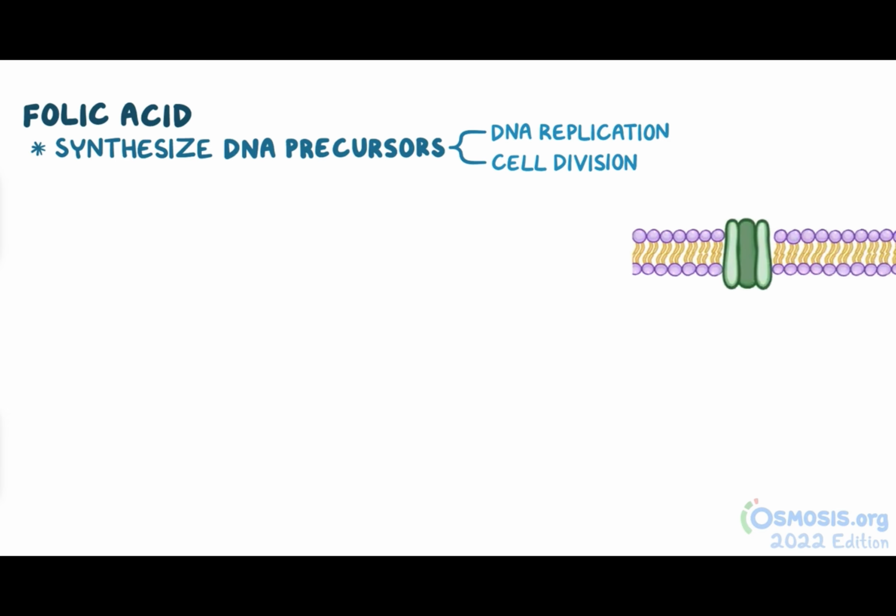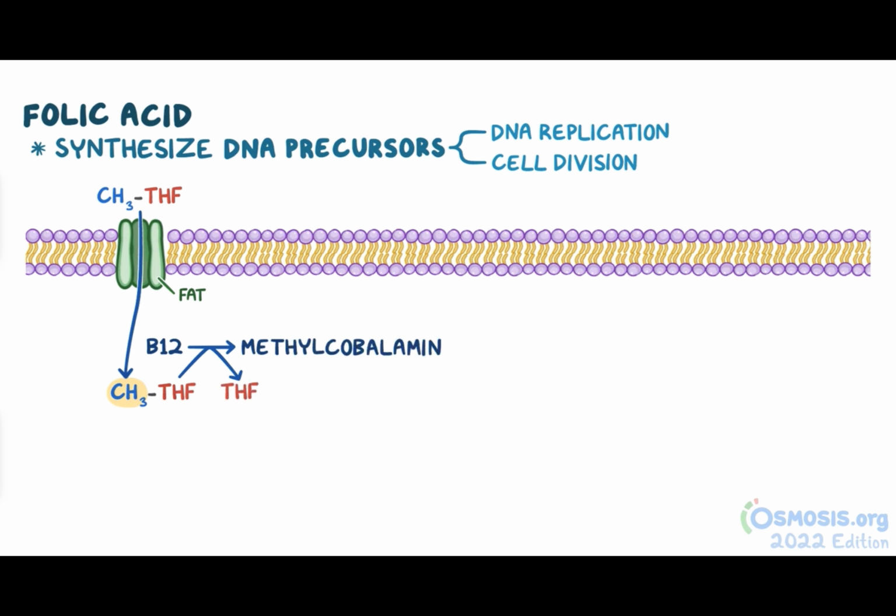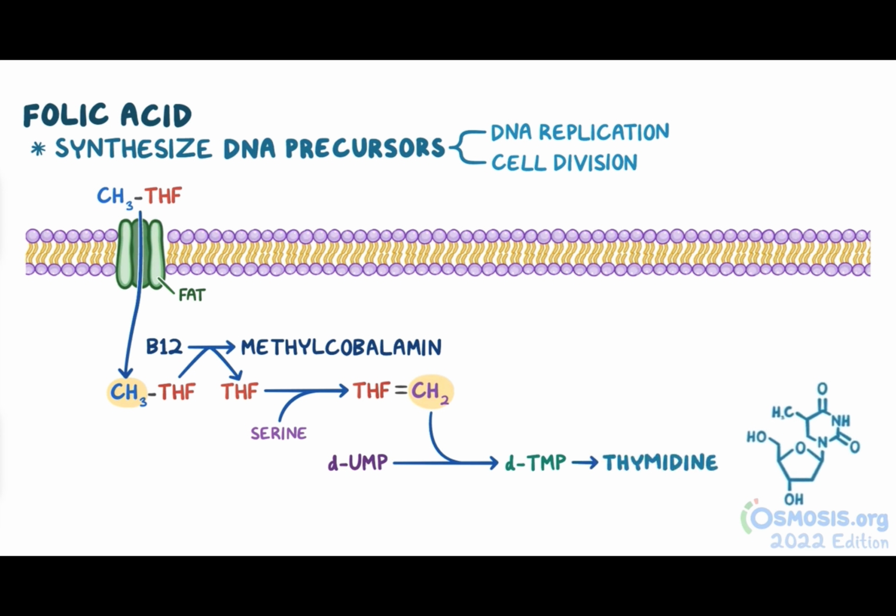On target cells, there's a specialized membrane protein called folic acid transporter, or FAT, which moves the circulating methyl THF inside the cell. Once inside, methyl THF transfers its methyl group to vitamin B12, ultimately making methylcobalamin and free THF in the process. THF then gets an extra methylene group from serine, an amino acid found within the cells. THF quickly transfers the methylene to a nucleotide called deoxyuridine monophosphate, or DUMP for short. As a result, DUMP becomes DTMP, or deoxythymidine monophosphate, which can then be converted to thymidine, one of the nucleotides